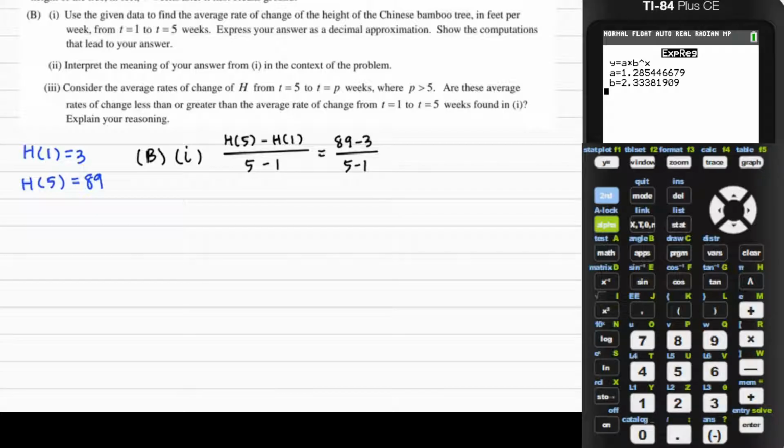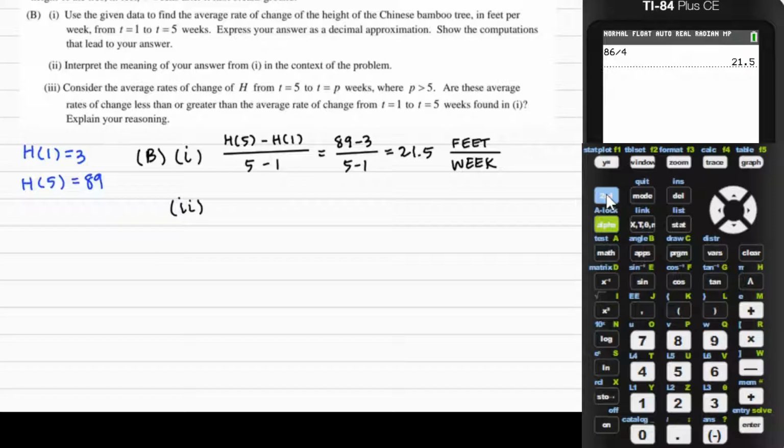And whereas usually I would suggest that you just go for a fraction bar in your calculator and type it in exactly as you see it, I think this is one that we can do: 89 minus 3 is 86, divided by 5 minus 1 is 4, and we can get 21.5. Okay, and that's B1. Part 2 is we're going to interpret the meaning of this answer in the context